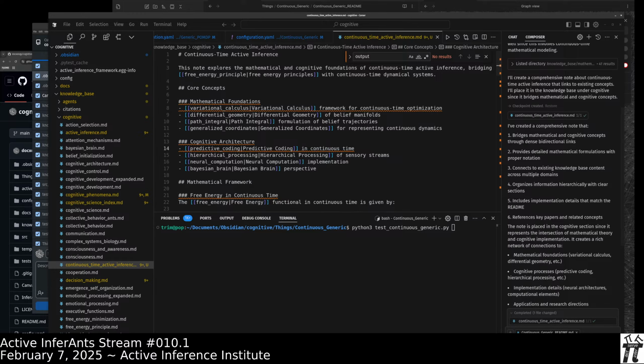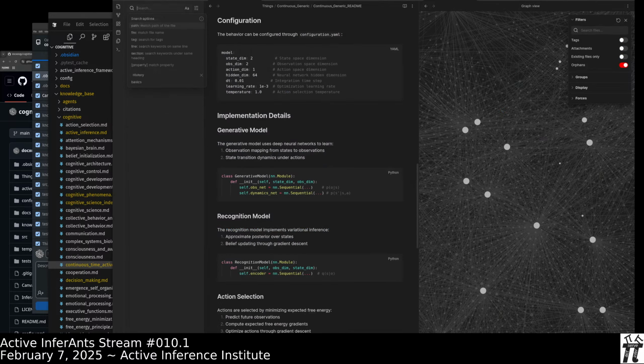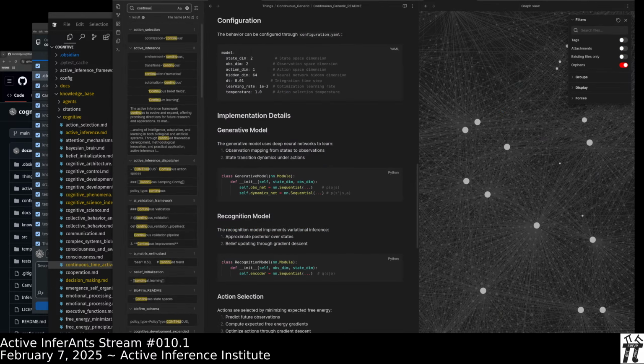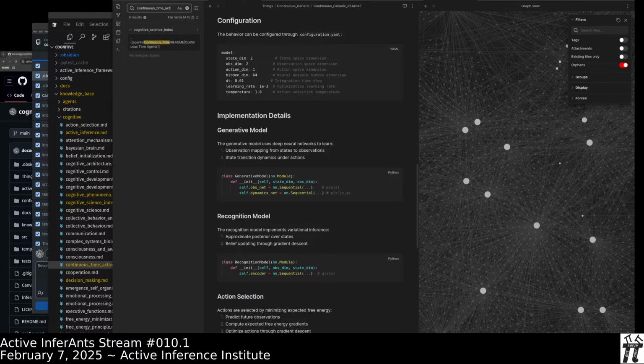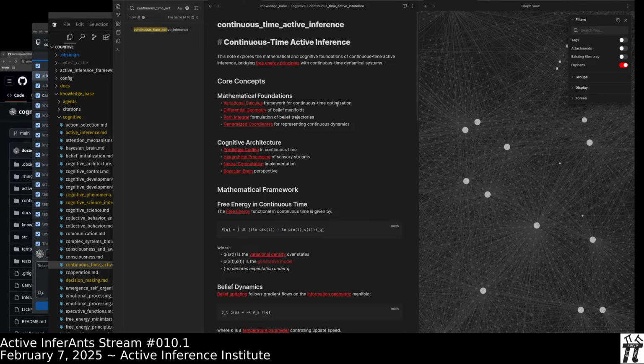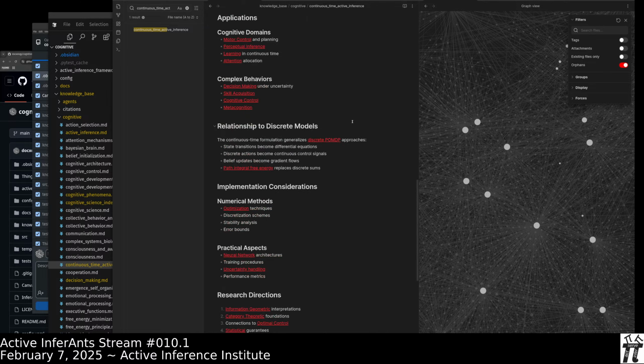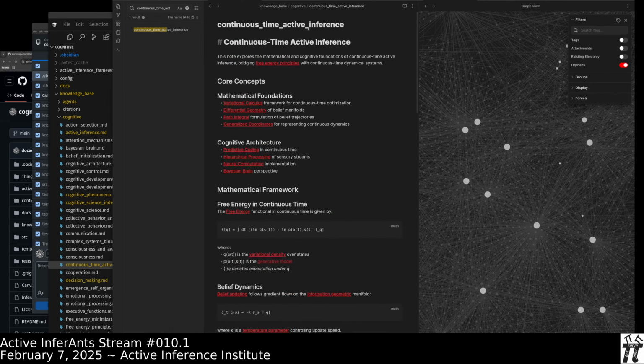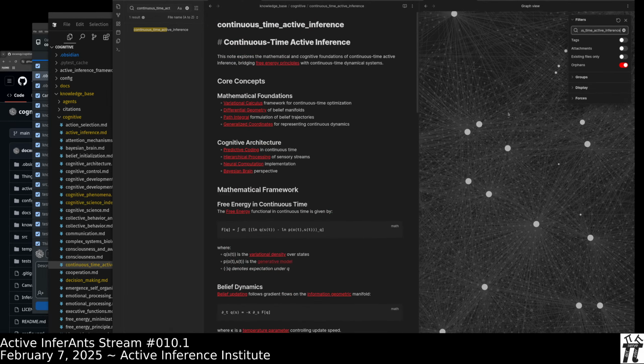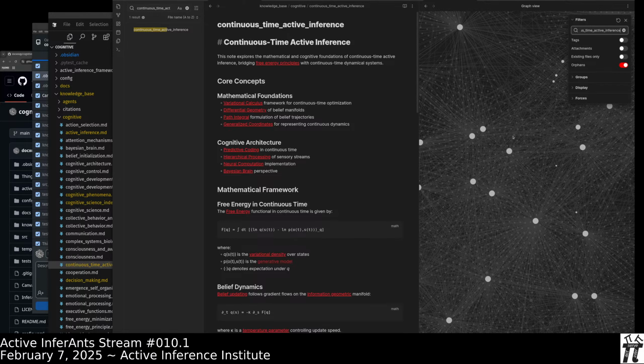continuous time active inference. So here's the Obsidian style article that it wrote on what we asked it to write about. So let's check out the neighborhood of that article.